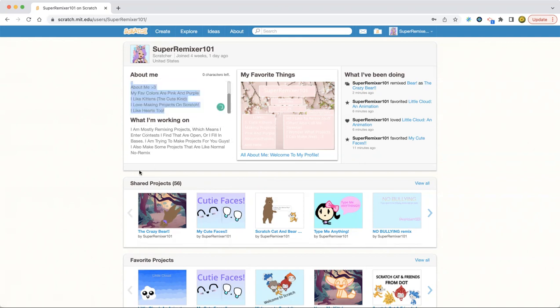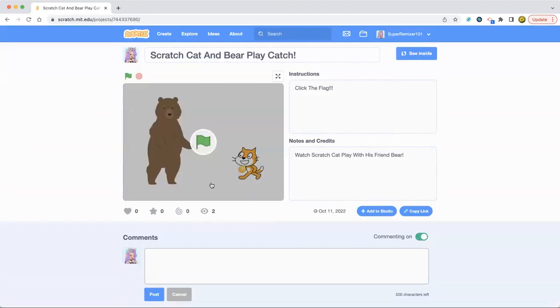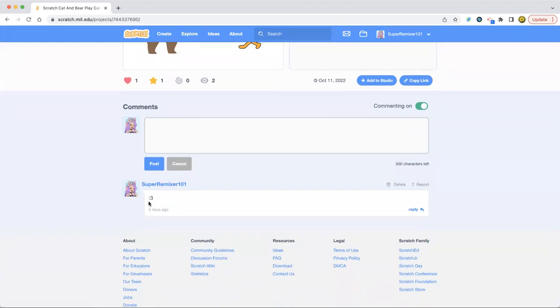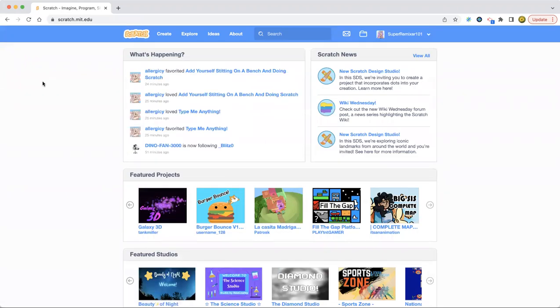So basically, this is a bear project. It's weird, but okay. Yeah, and then we're gonna just watch the Scratch Cat and Bear project because why not? So he just catches the ball. That's literally what he does. But okay, that he can do that, can't he? Look at that little 3. Oh my god, it's so cute. I don't know, I just did it. Oh my gosh. So yeah, definitely that's a good project. I love it. Yeah. I had no idea what to make, so I just did it. I mean, yeah,